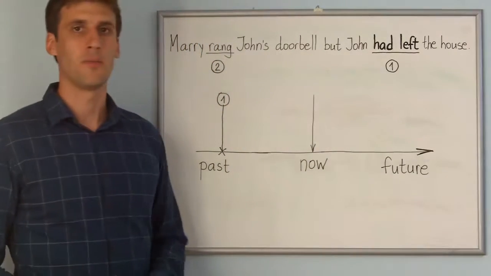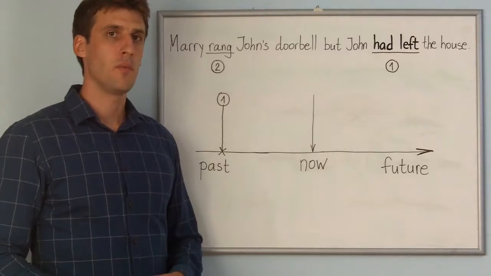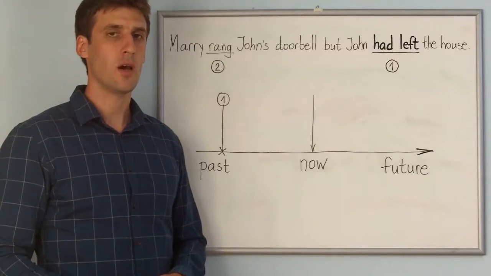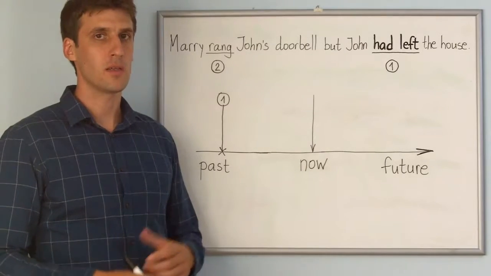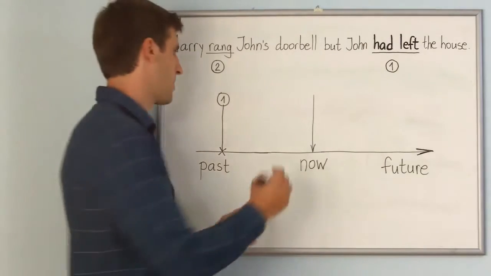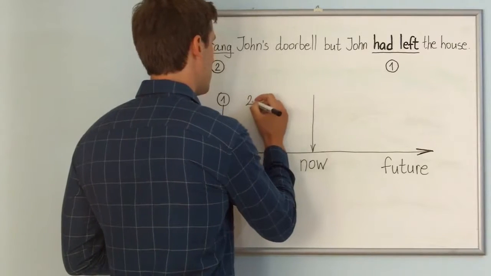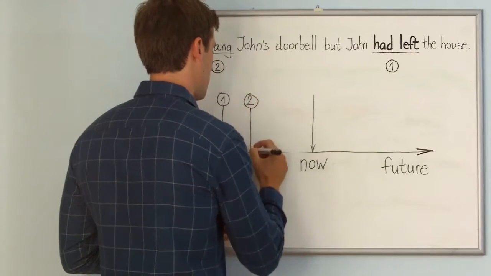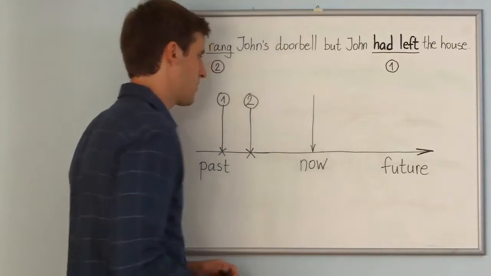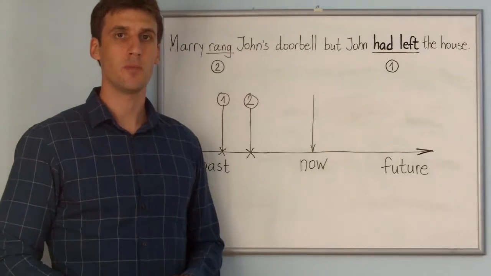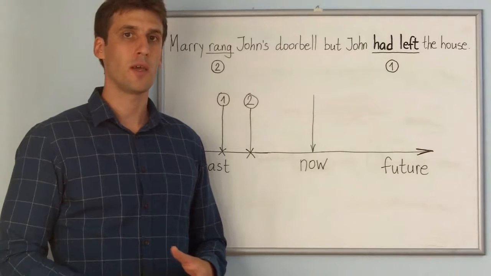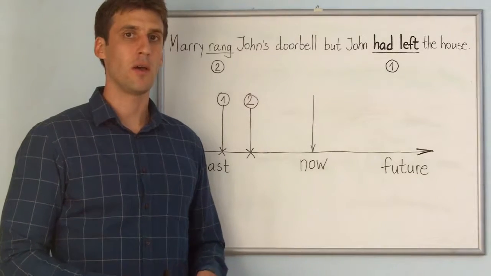We'll place it here. After some time, Mary came to John's house and rang the doorbell. That's the second action that happened. We'll place it here. Now you can see how we use the past perfect simple to show that one action happened before another action